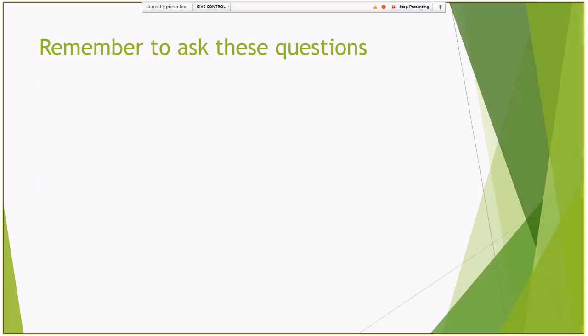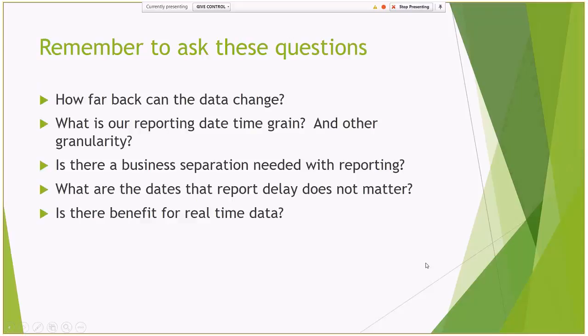So before you decide to do this, make sure you ask these questions of your business users. How far back does data change? They might tell you 12 months, they might tell you 3 months. Always build a little cushion for yourself. And what's your reporting date range? We have days. Ours is at month level right now, but